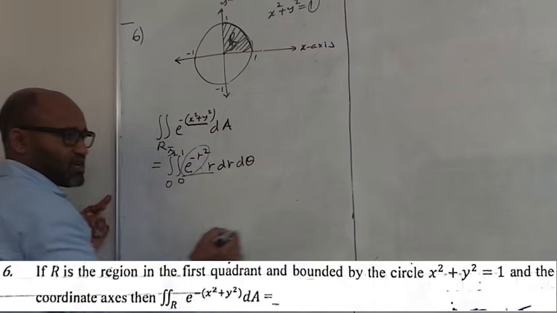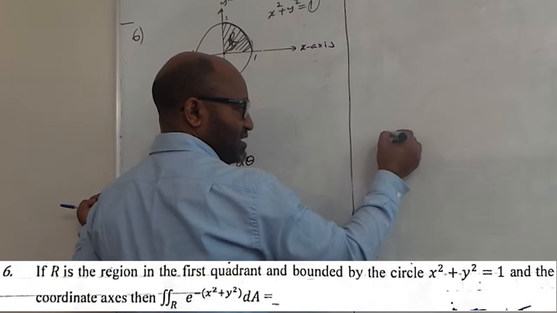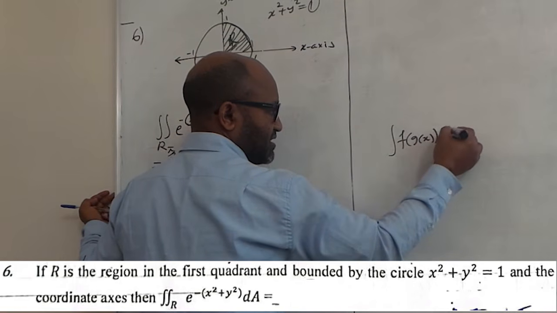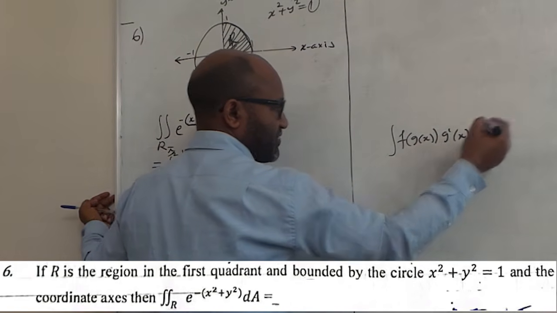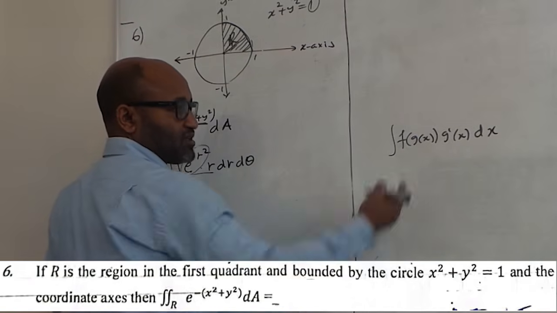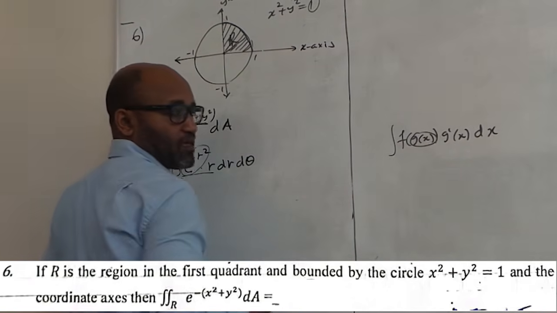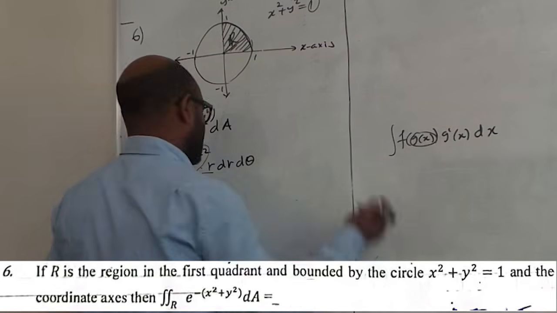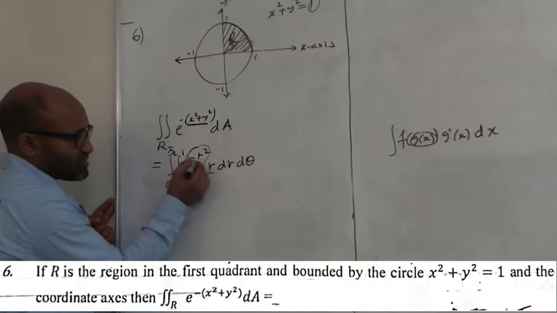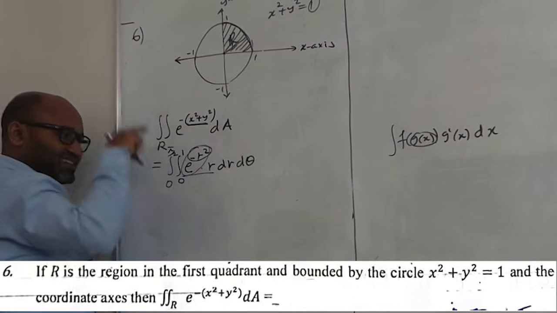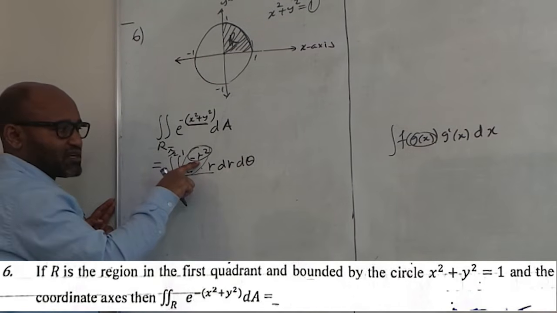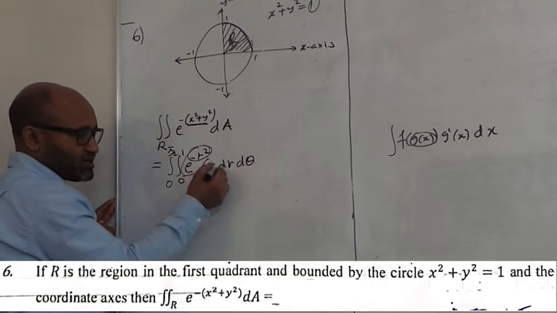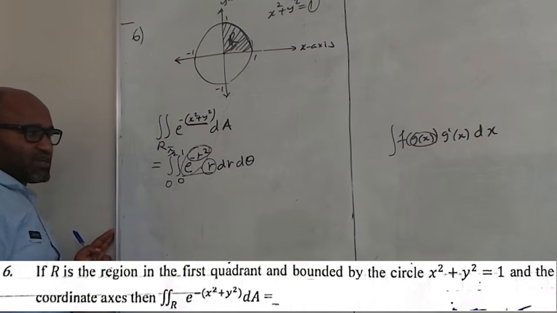Composition function. Remember, whenever you have the integral of f of g of x times g derivative at x, dx, a function of one variable, use substitution whenever you have this form, and it may be some scalar multiple. So here you can observe that the inner function minus r square, its derivative will be minus 2r, and r dr becomes. Therefore, we can use integration by substitution.